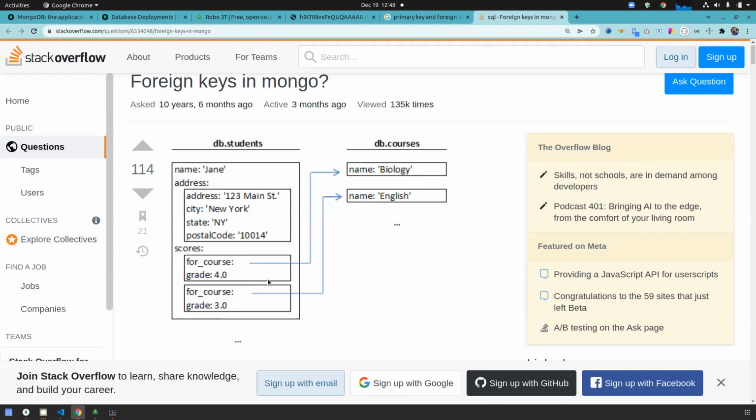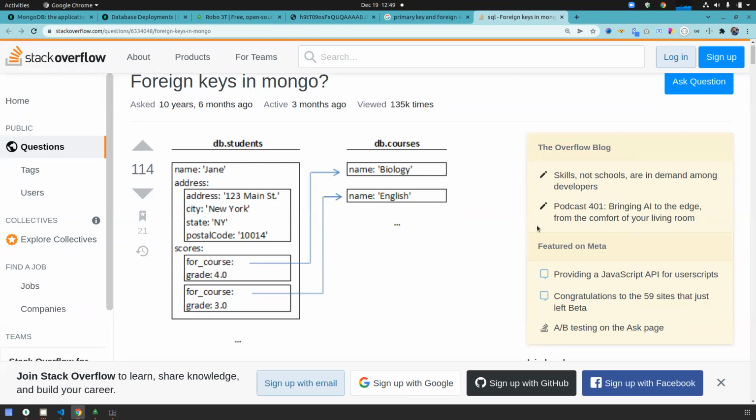For course, there will be a course ID, and that course is present in the course collection, maybe biology; there are multiple courses up there. So the course field here is the foreign key of the course collection. That way, we are going to store data in the database.